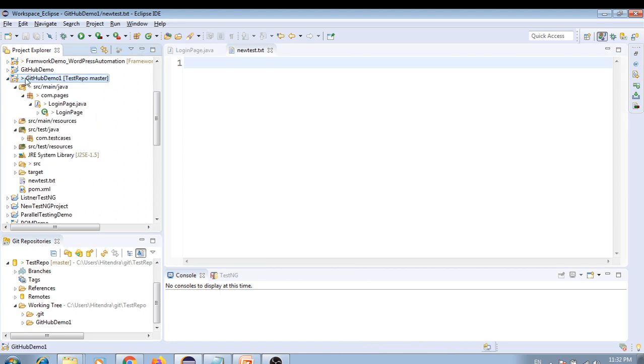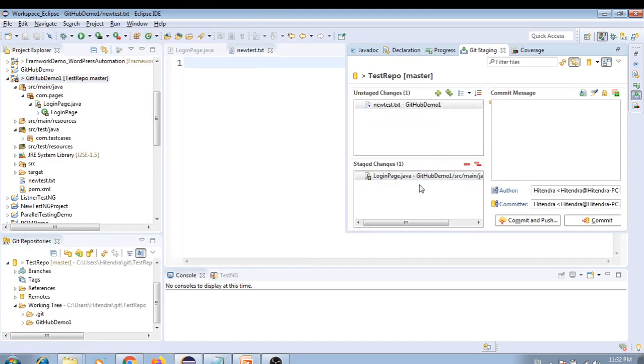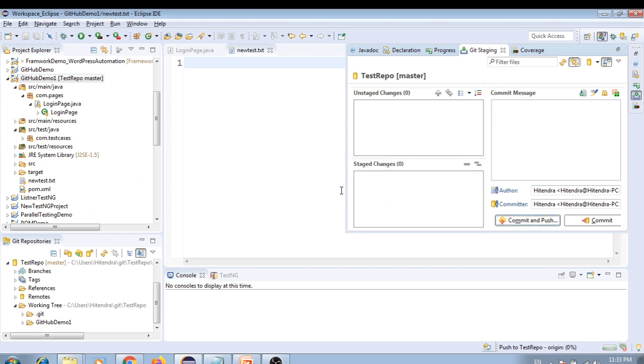So simply select this project and we have team, we have commit. You can see here this is the existing file, already in staging area, but we have added some comments, and this is a new file which we need to add. Both we have added. Now we'll write the second commit. Simply we can do commit or we can directly do commit and push. So let's do commit and push this time. Here you need to enter username and password of your GitHub account. So just click on login.